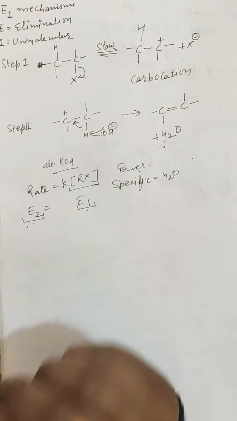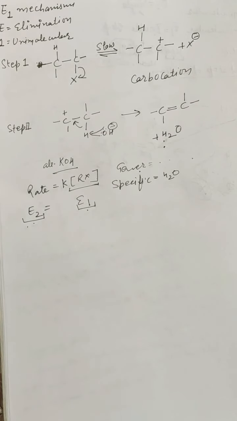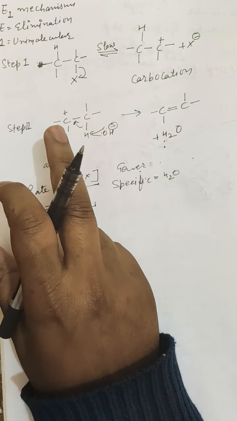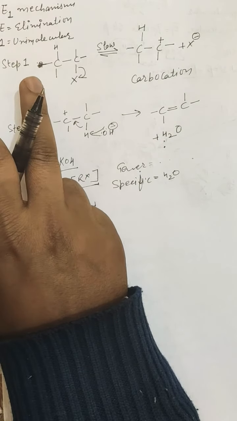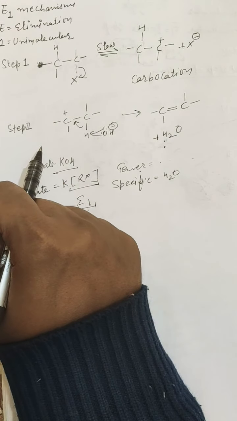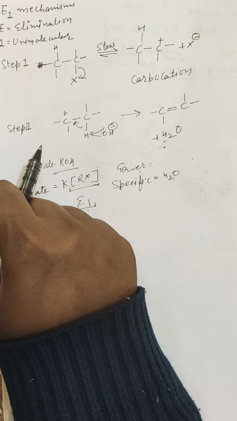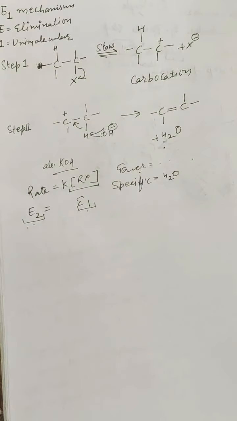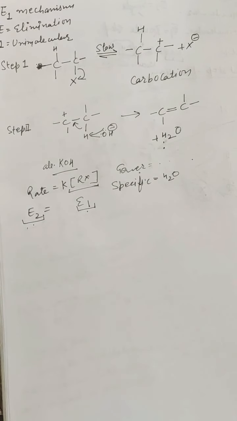For E2 it was a transition state because in case of E2 there was a one-step mechanism that I drew yesterday, and I had told you there how that product is formed from the reactant. So that was the transition state, and there are many other differences between the E1 and E2 mechanisms. When we go further in the stereochemistry chapter or some other chapter, then we will be able to understand the other differences between the E1 and E2 mechanisms.